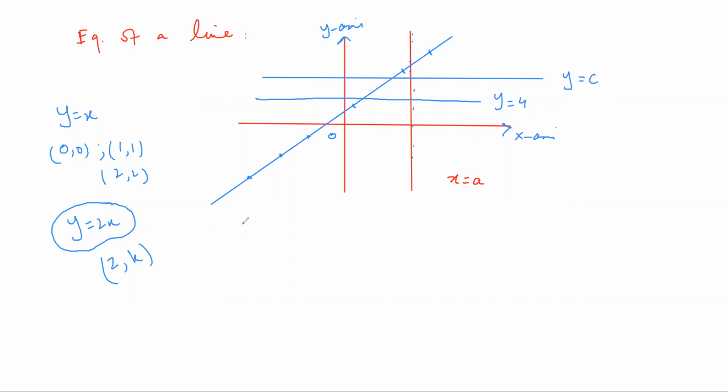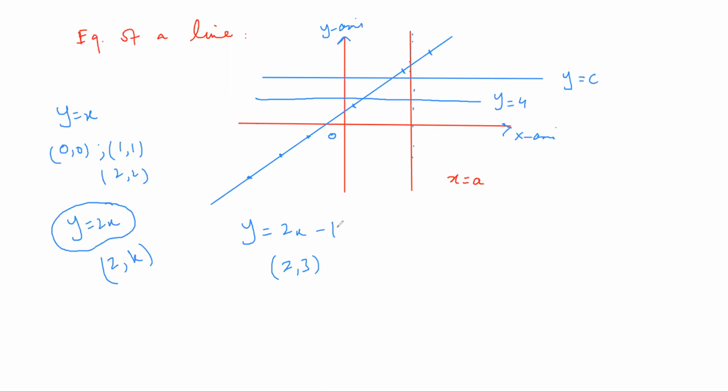Now suppose you have Y is equal to 2X minus 1. Can you give the coordinates of any point on this line? Yes, be quick. 2, 3. Yes, when you put 2 here, your Y is going to be 3. So this is going to be 2 comma 3. So now you must be knowing the purpose of writing the equation of a line. The equation of a line tells you about the coordinates of the points on that line, okay?